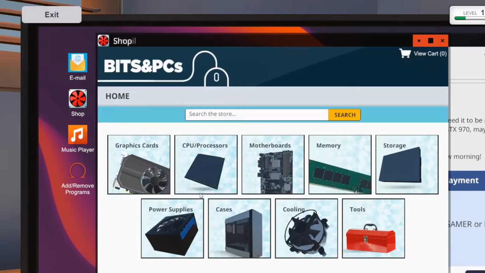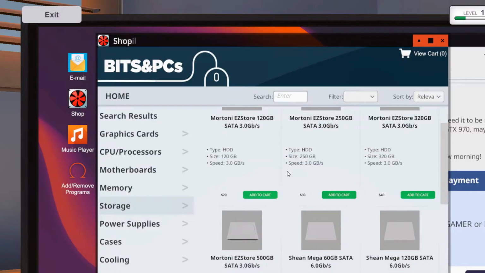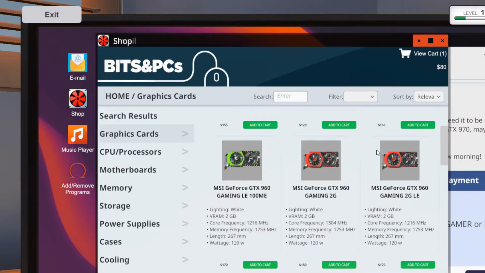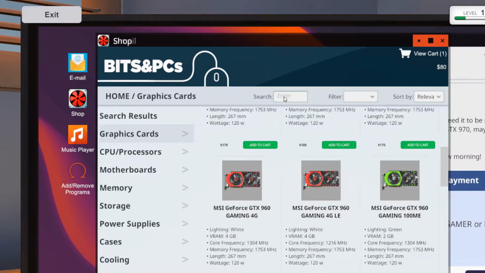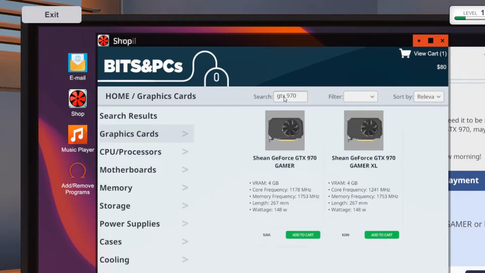So here we need to grab our storage, which is 500 gigabytes, which is this one. So we're going to need one of them. And then what was the other thing we needed? Was a graphics card. So we can filter it here, which brings us straight to GTX 970. Machine, a gamer. So it's this one, $265, and it gives you other details here, like it's 4 gigabytes of virtual RAM or VRAM, and we'll add